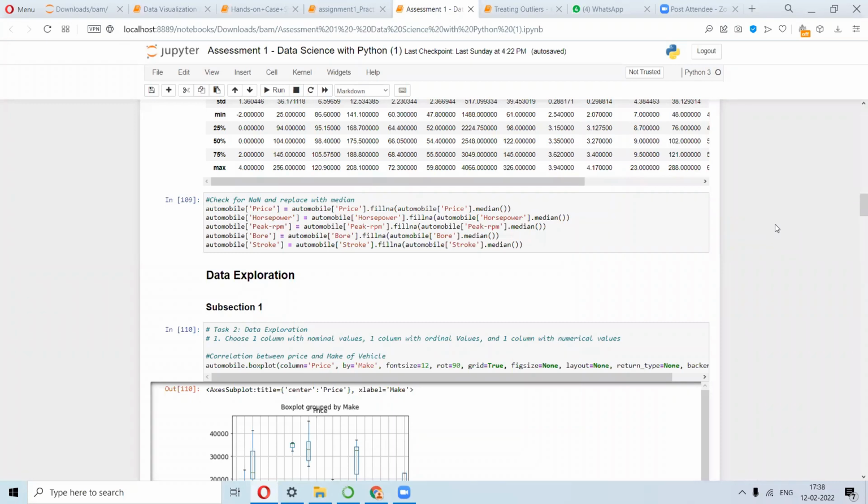You have to decide what exactly you want as the number in that particular column. Depending on the column, you will decide whether you want to fill it with a particular number, the average, the median, the mean, whatever number, or you want to specify it yourself.